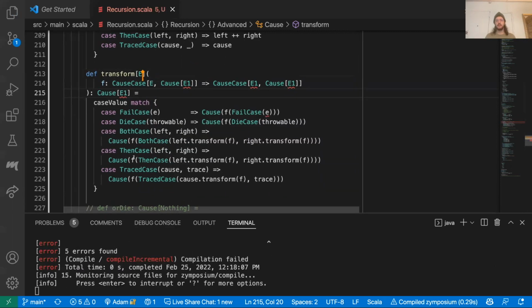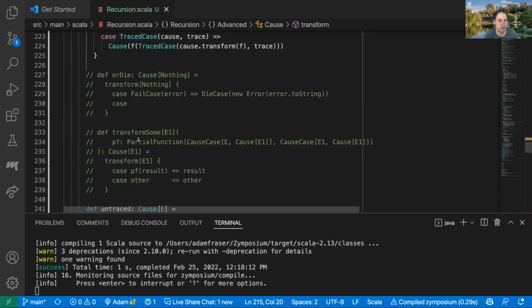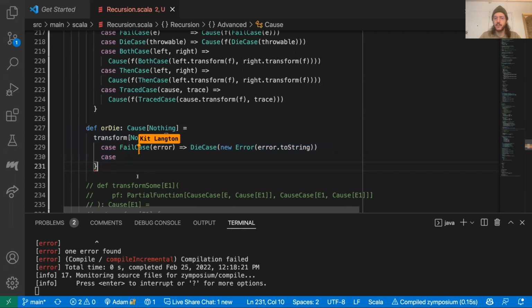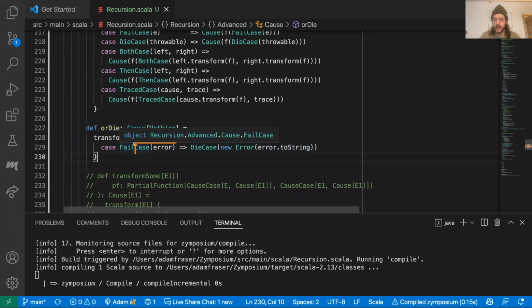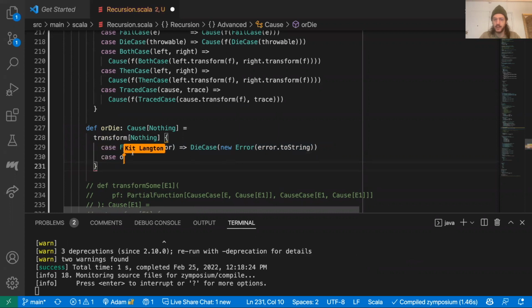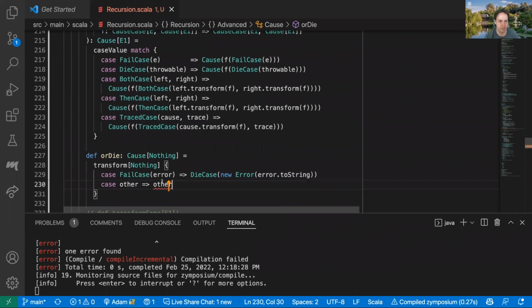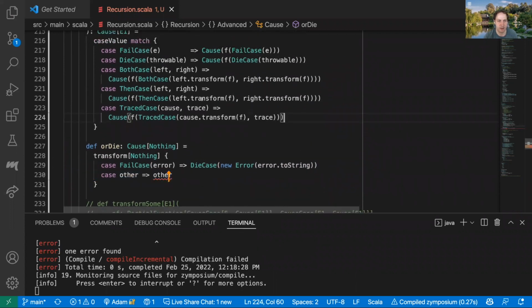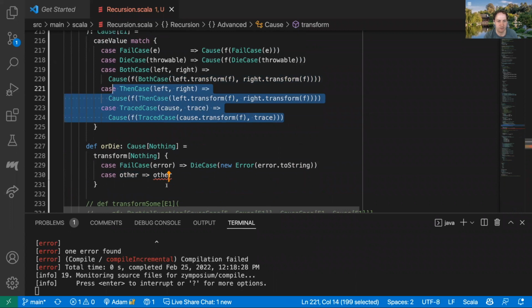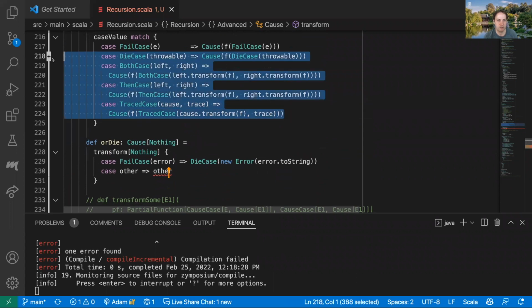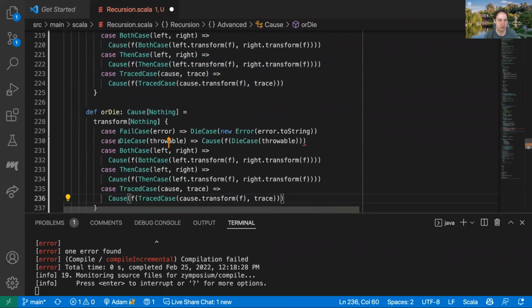And so then you end up with this signature here. Wait, what are we doing here? Oh, that should be E1. But yeah, let's take a look. Maybe your die example is kind of interesting. It makes sense to me why this wouldn't work, because there could have been another primitive case that's parameterized. Scala is not so great at knowing that fail is the only case that uses the E parameter. Right, exactly. What we can do, which is not quite as lovely, is just grab these other cases. And this is also where